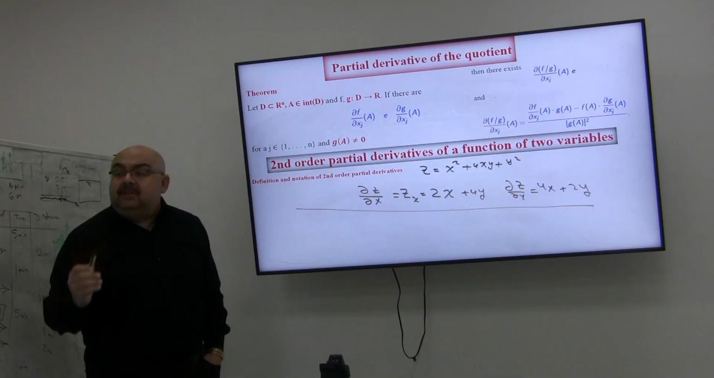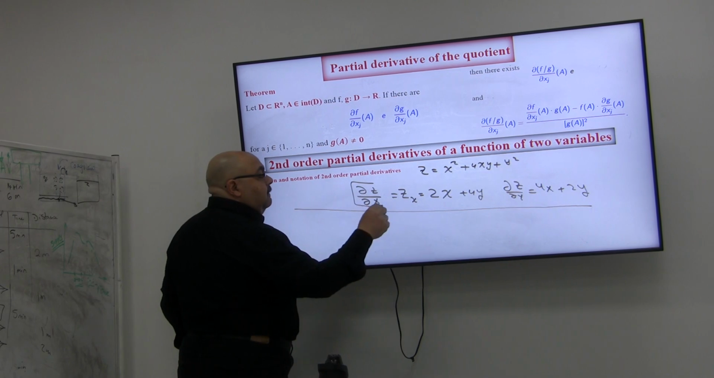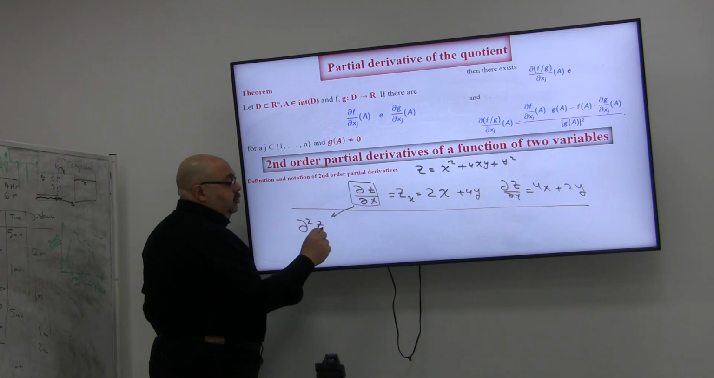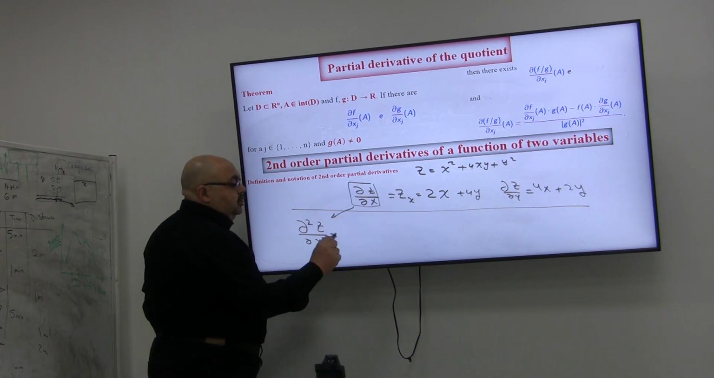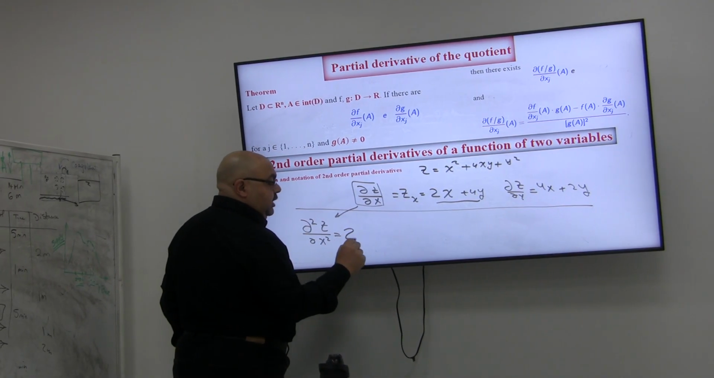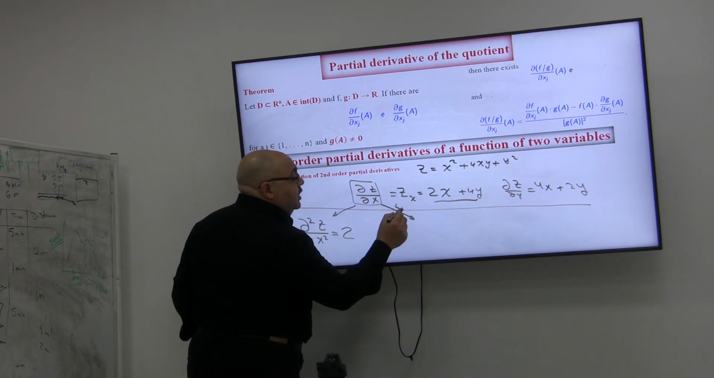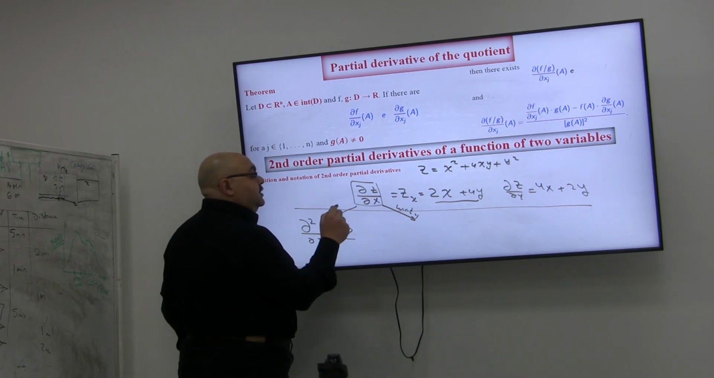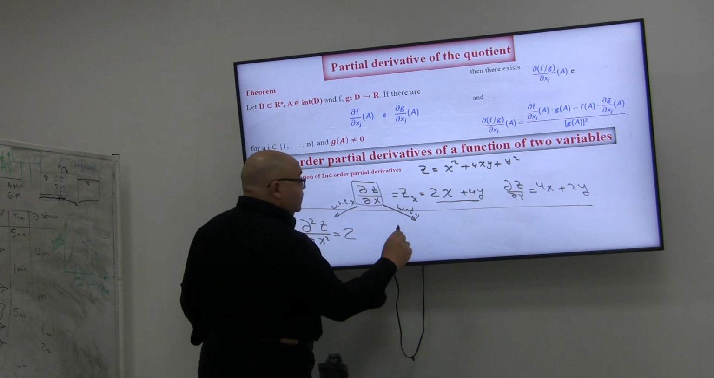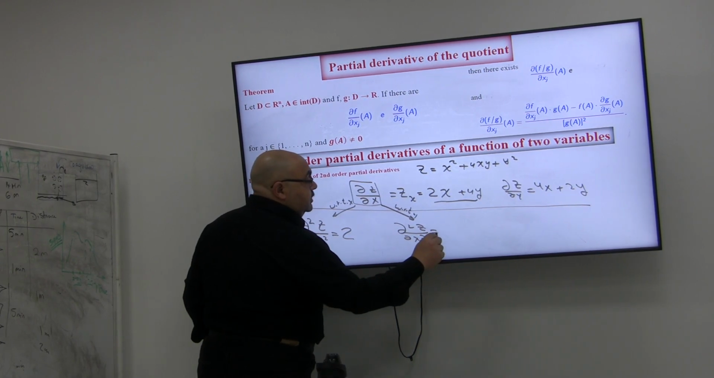If I want to do the second derivative, I can differentiate this function either with respect to x, so it's going to be partial 2z, partial x squared, which means differentiating the first derivative with respect to x once more, and it's going to be 4. And also, I can differentiate it with respect to y. So that one was with respect to x. If I want to differentiate with respect to y, then it's going to be partial 2z, partial x, partial y, which means that I'm going to